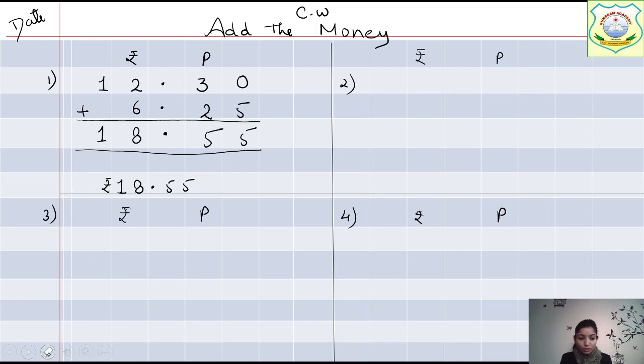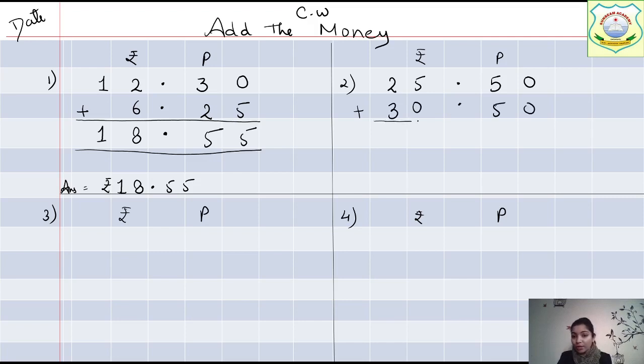Understood? So now we will be doing the next question. This is your answer. Next. Second question is 25 rupees and 50 paise. 25 rupees and 50 paise. तो कैसे लिखते हैं हम? 25.50. ठीक है. Next, we have to add how much amount? 30 rupees and 50 paise.